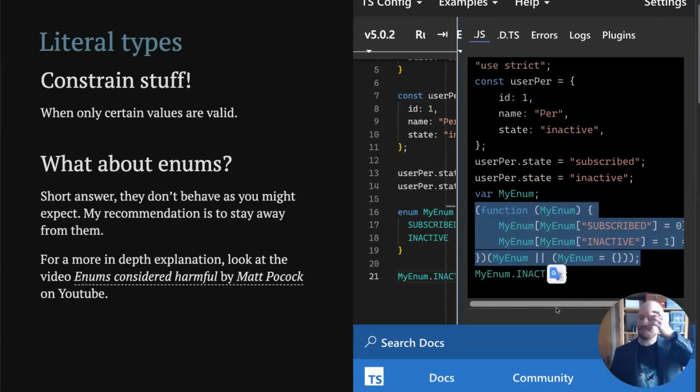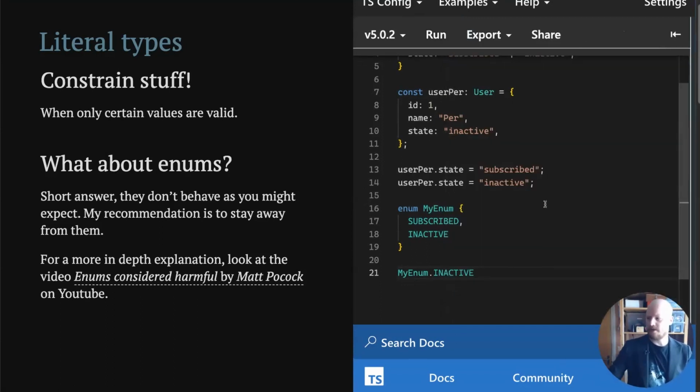And I won't go into more details on why they're bad and edge cases and possible solutions. You can have a look at the video called Enums Considered Harmful by Matt Pocock on YouTube that goes through why TypeScript enums are weird. And the creators have also said that, yeah, that wasn't the best thing we did.